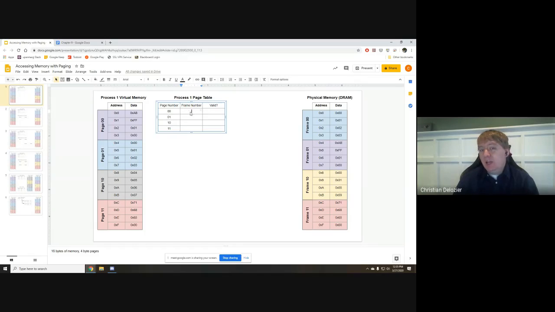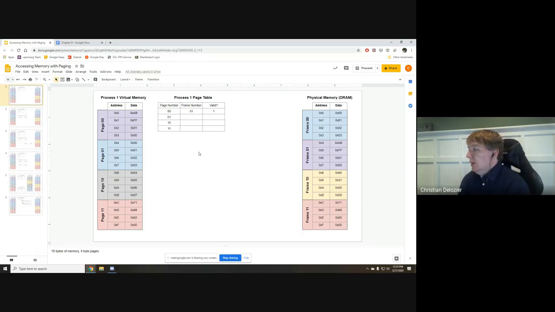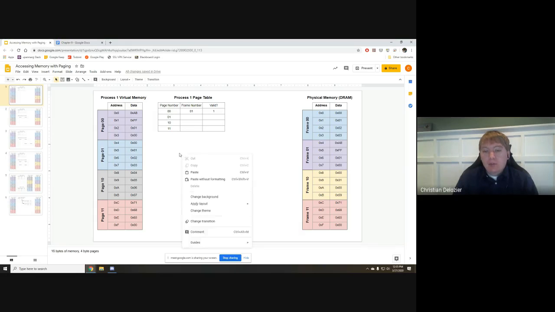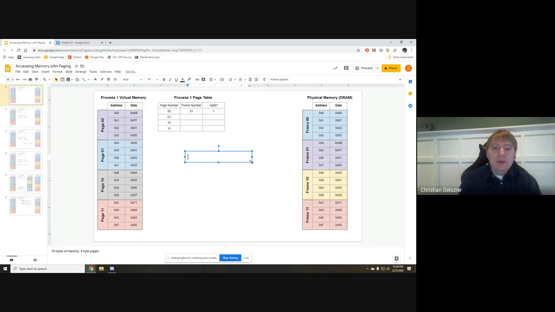So in our page table, if we were mapping this, we would have page 0 mapping to frame 1, and we would say that that is a valid mapping currently. So we're essentially notating that whenever we have anything going to page 0 in virtual memory, we want it to actually go to frame 1 in physical memory. Okay, and we can hopefully see that if we look at the addresses here, if we have the address